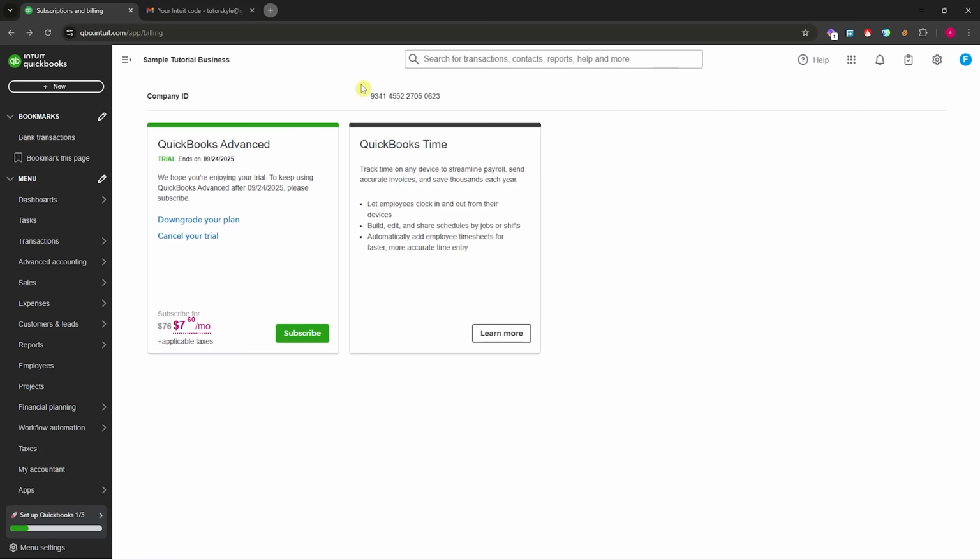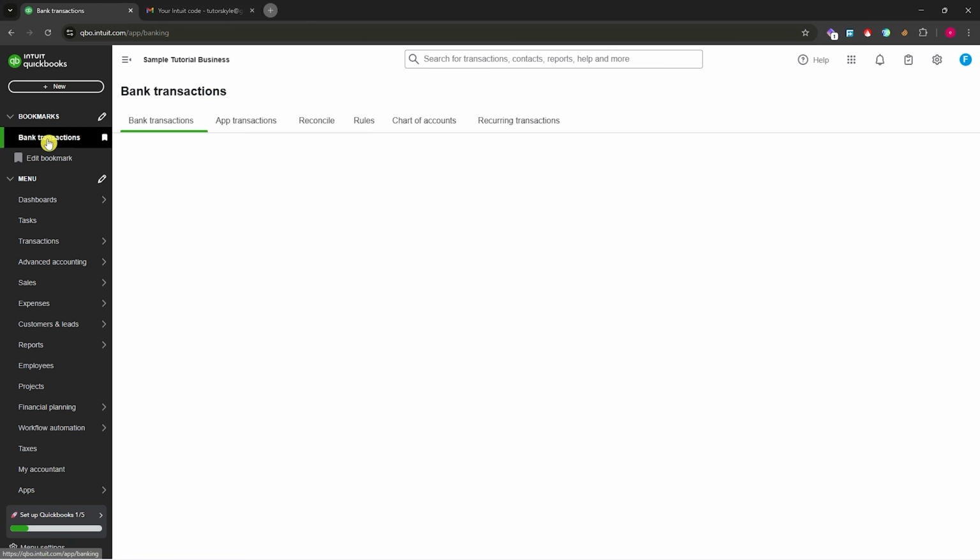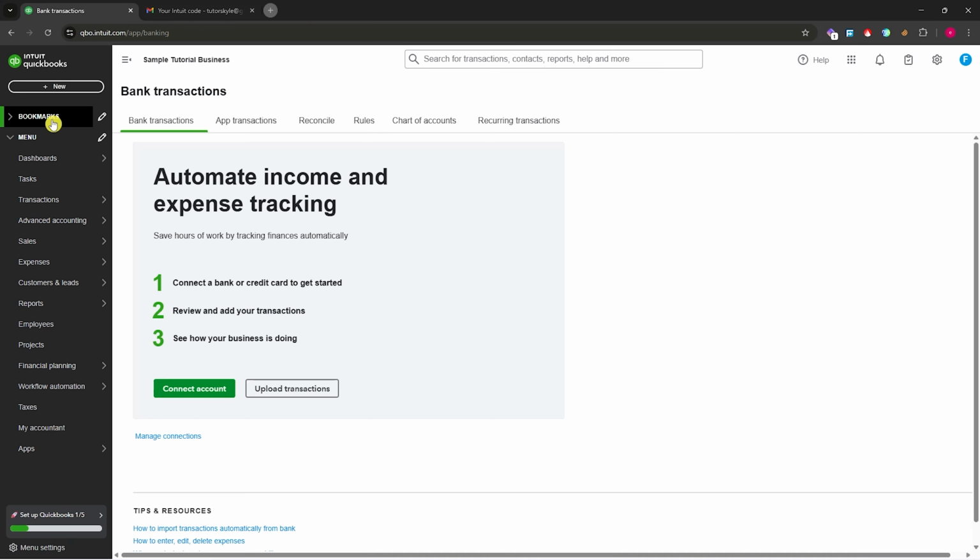In today's video, I'll show you how you'd be able to import trial balance into QuickBooks Online. So let's get started. First of all, there are many ways you'd be able to do this. So now I'm just going to show you the first method on how you'd be able to import your